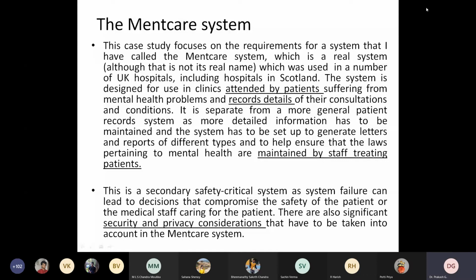For example, as a student, if you want to develop a software application related to the medical domain to collect the data set regarding various diseases or various particular patient details like that.